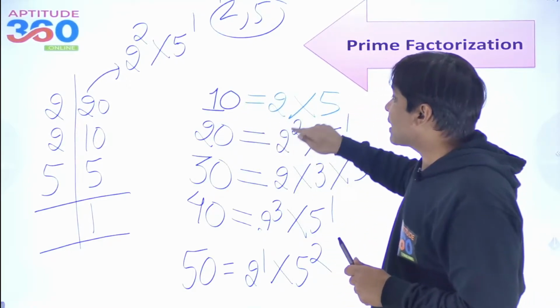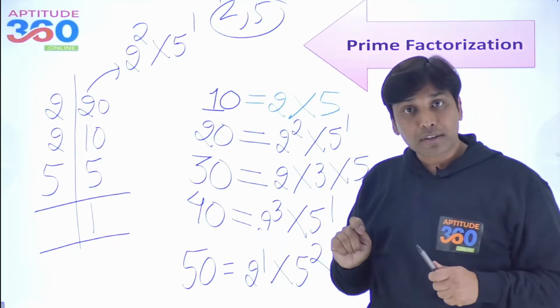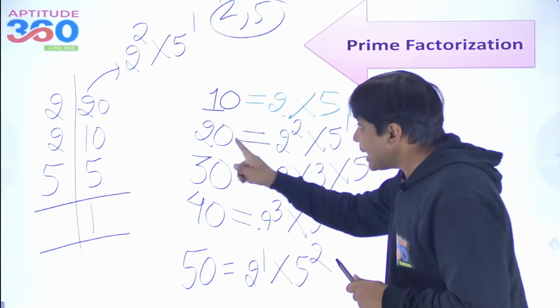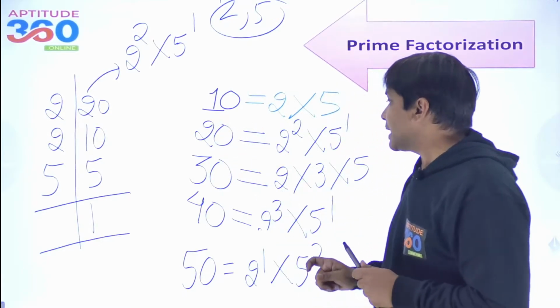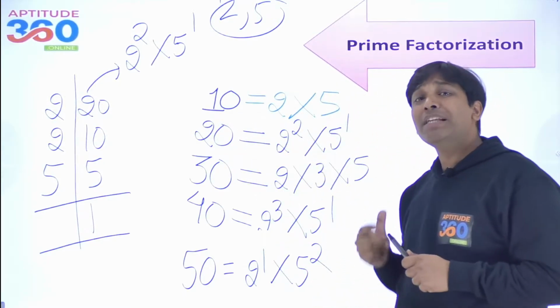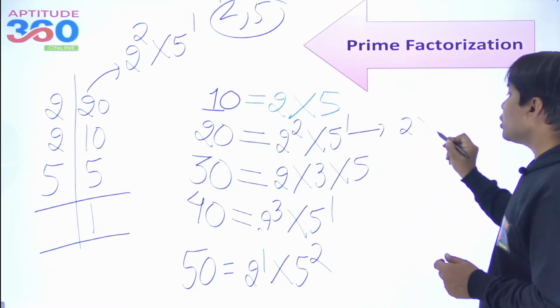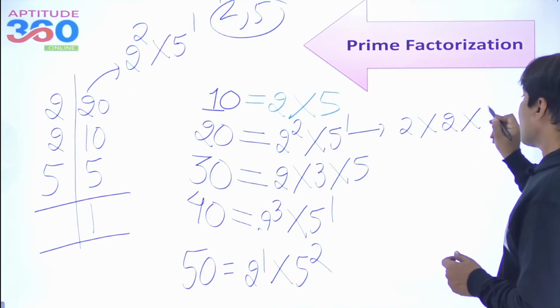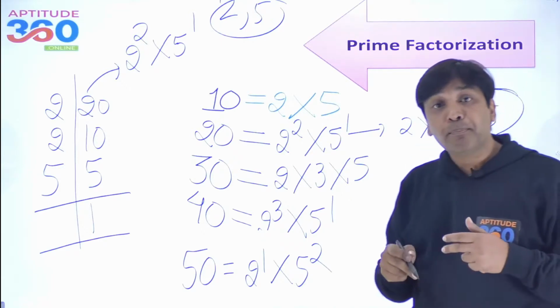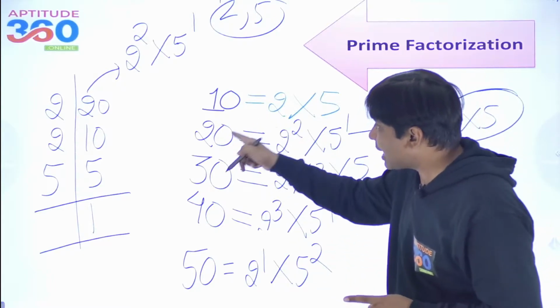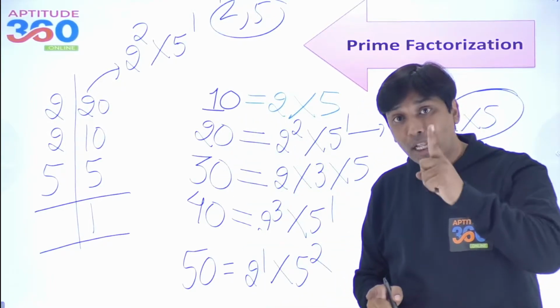If you did the prime factorization of 10, you got 2 and 5. So what does that mean? How many pairs of 2 and 5 were made? Only one pair. If you do the prime factorization of 20, that is going to be two 2s. What is the meaning of 2 to the power 2 here? It is 2 into 2 into 5, isn't it? So how many pairs are we having? We have exactly 1 pair. So how many zeros are going to be there at the end of 20? It is going to be exactly 1.